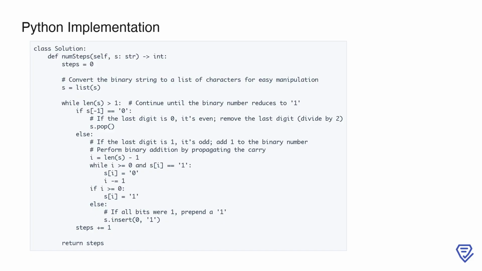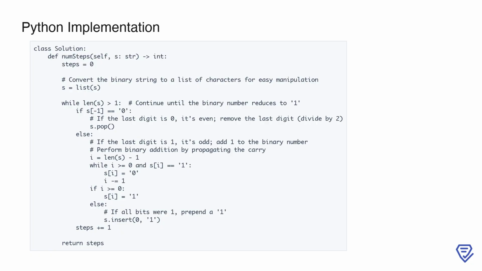5. Increment steps. After each operation, either divide by 2 or add 1, we increment the steps counter. 6. Return result. Once the binary number reduces to 1, the loop exits, and the total count of steps is returned. This approach efficiently handles the problem by simulating the operations directly on the binary representation, avoiding the need for conversion to decimal. The algorithm processes each bit at most once, making it highly efficient for binary strings of any